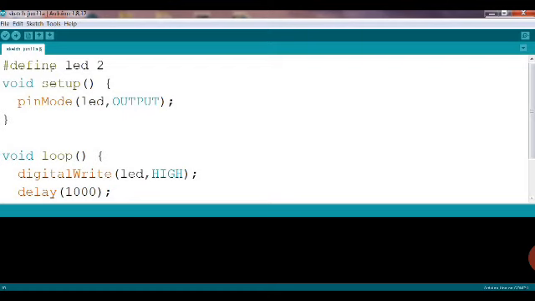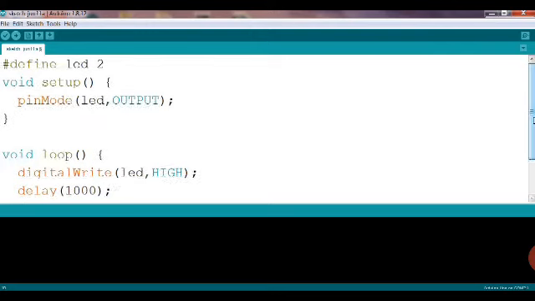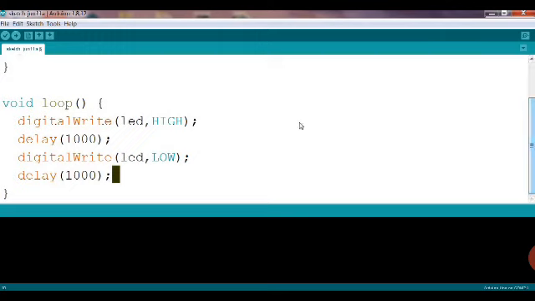So you can see the programming. Very first we define the pin for LED, that is pin number 2, and then we defined it is the output. So we are going to use the pin number 2 for output, and then first we are giving the power to LED for some time, and then we are not giving the power for some time, and since it is a loop, it will follow itself.